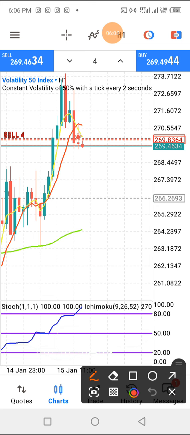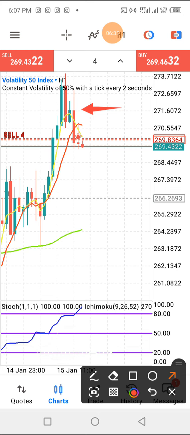In synthetic indices, we don't ignore either a bullish engulfing bar or a bearish engulfing bar. They are most of the time the main signal that gives us an insight that price is about to change direction. When you look at this, let me tell you the reason why I took this trade. When you look at this bearish candle, you can see that it is a bearish engulfing bar, and